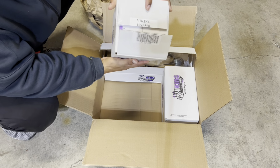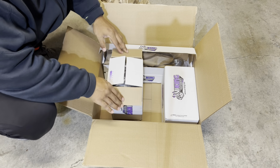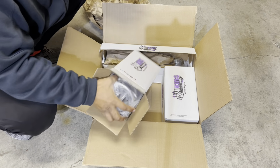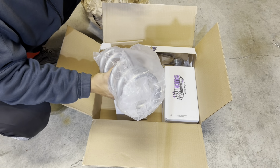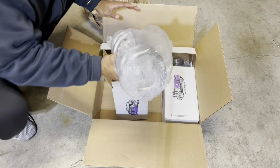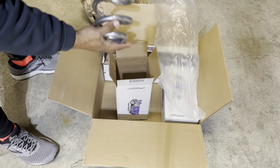I believe this is a coil here, or a spring. That's the part number right there, 10SP550. And again, I've never had coilovers before, so I didn't research which one is which, like if this coil goes in the front or the rear. I've never installed coilovers before, so this is my first time really looking at them face to face and holding them. This is my first time taking it out of the bag and looking at them, and man,